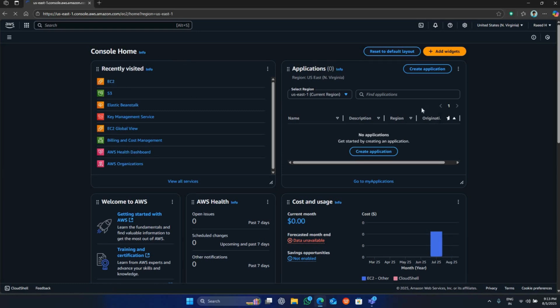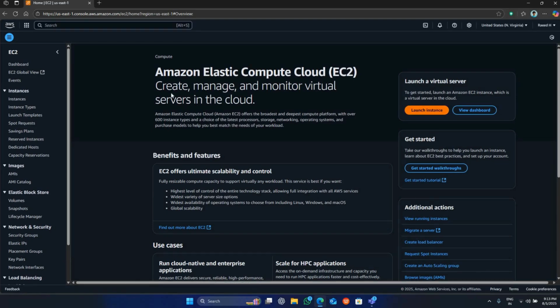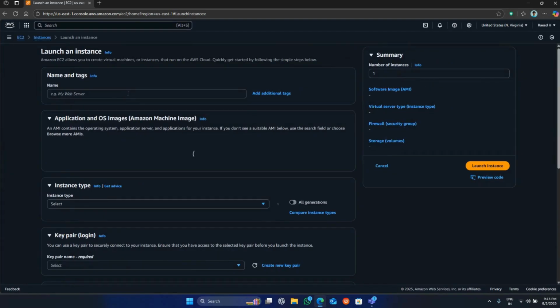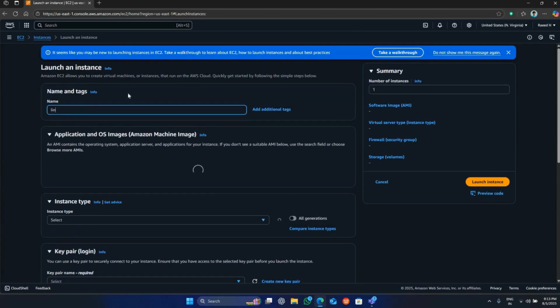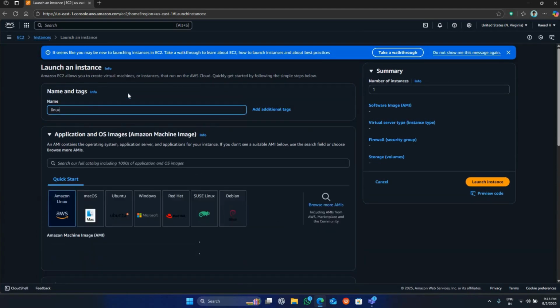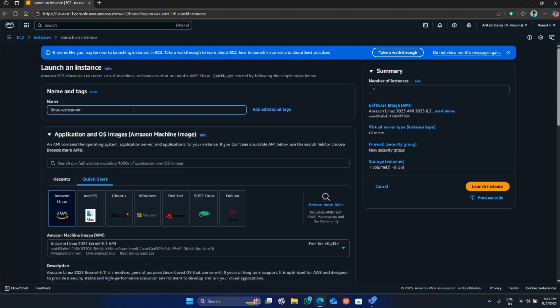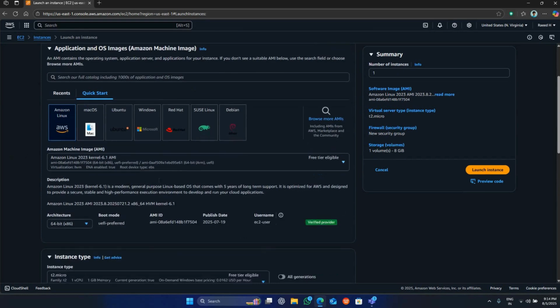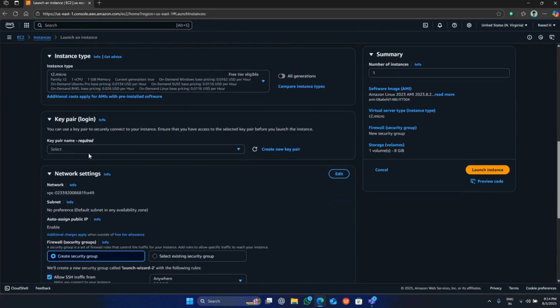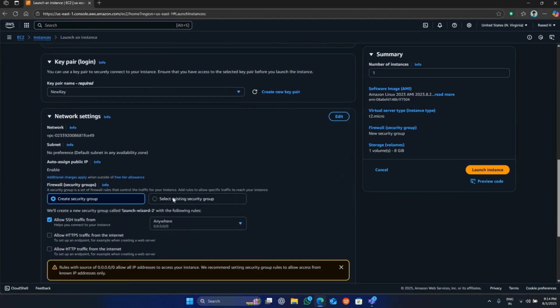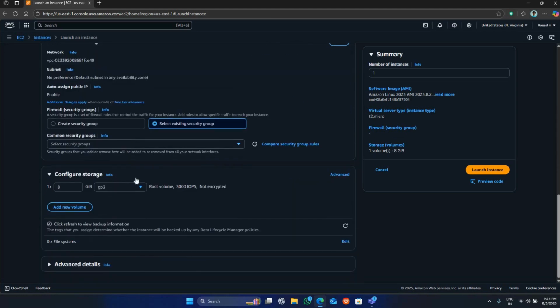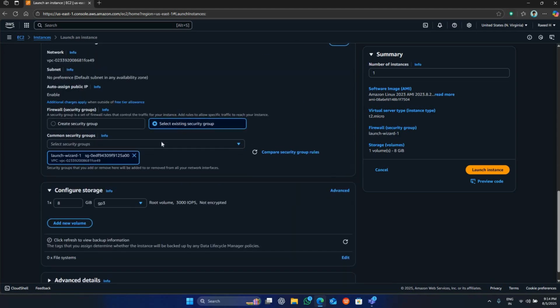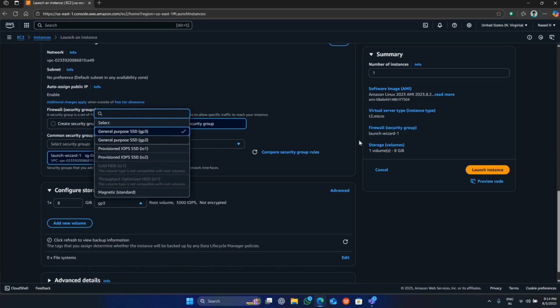So that's what I'm going to do. I'll head to the EC2 service and I'll launch a Linux instance. Let's say Linux web server. I'm going to use the Amazon Linux AMI. I have an existing key pair and security group with SSH and HTTP enabled. I'll take GP2